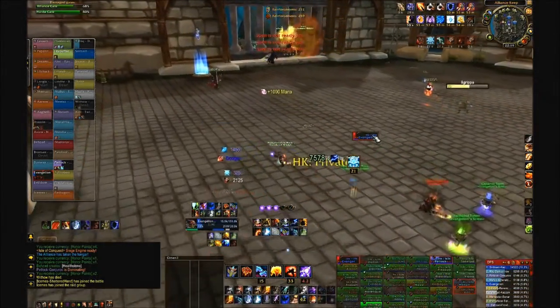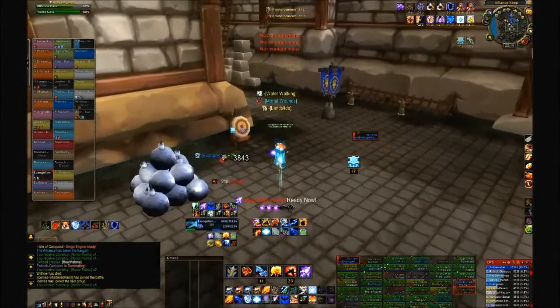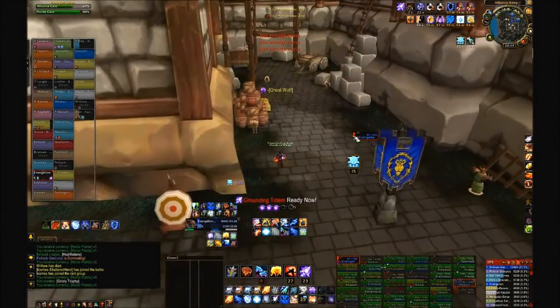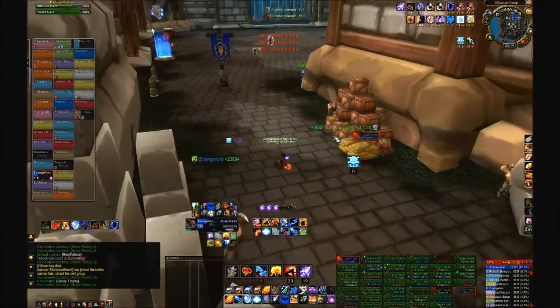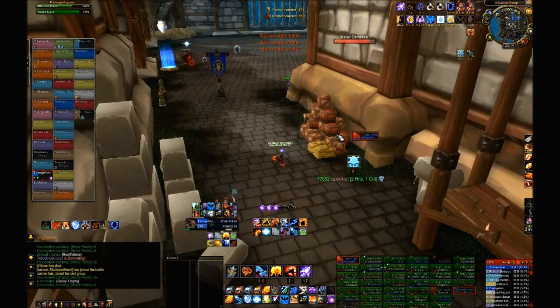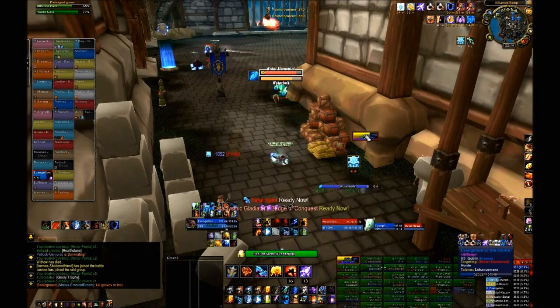So I'm putting the healing one down. This pet's on me, so I'm trying to get away. I've literally got no mana, nearly dead. And I realise my health stone's actually on this side, on this character, so I get mana back pretty quickly with mages. So I heal myself up,